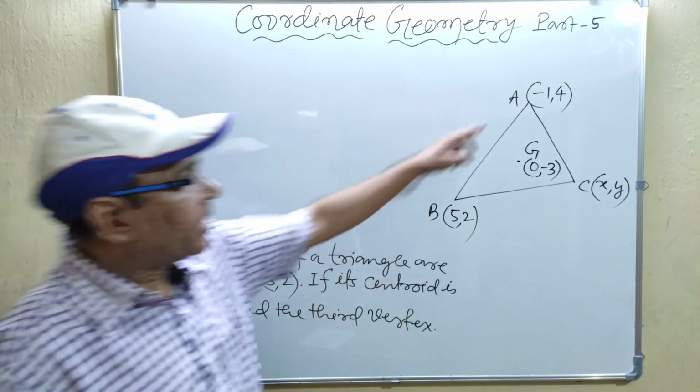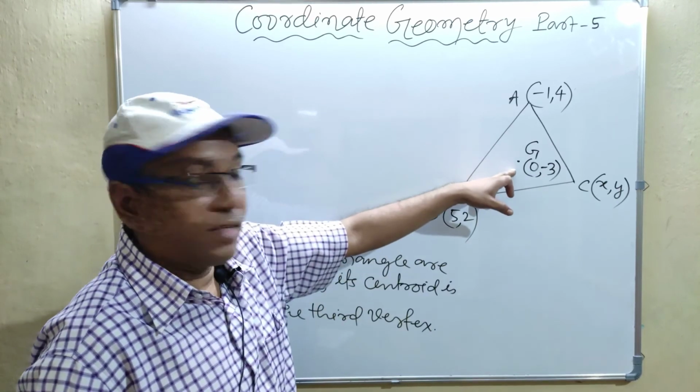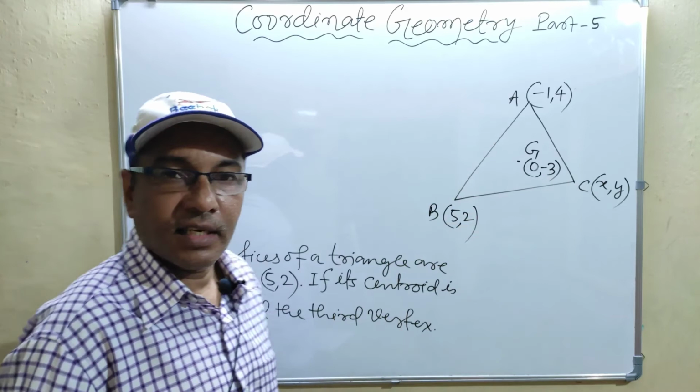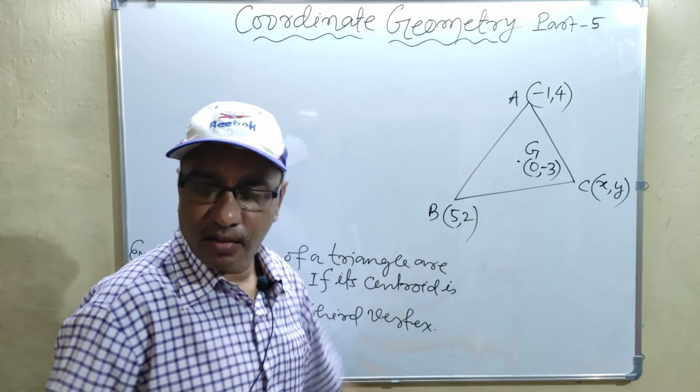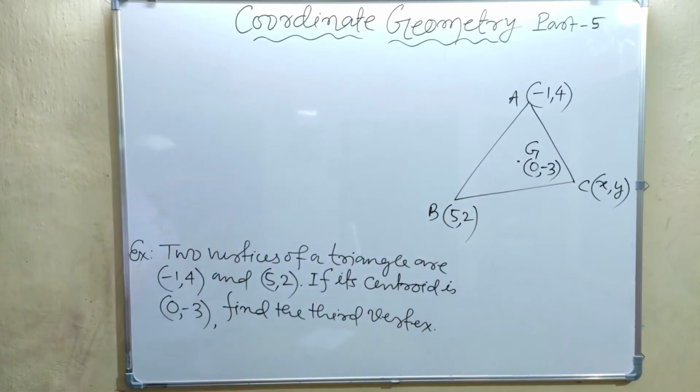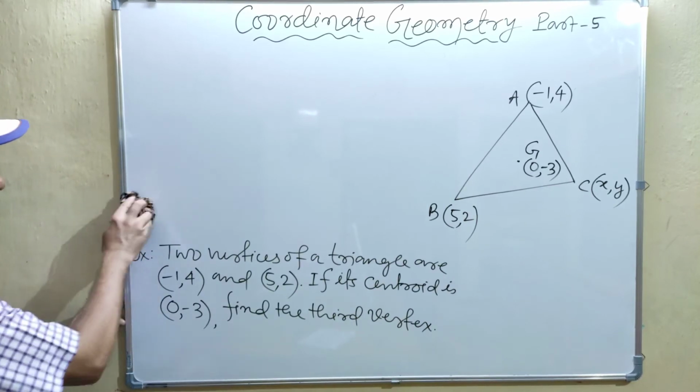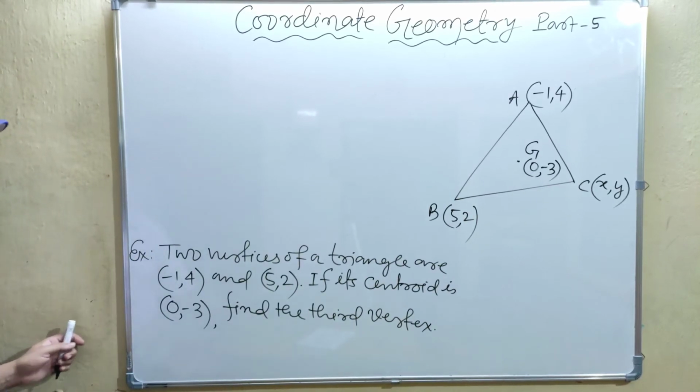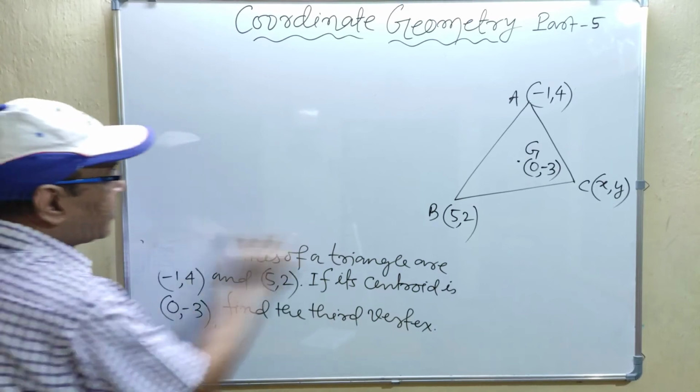ट्रायंगल का 2 वर्टिसेस दिया हुआ है और सेंट्रॉइड दिया हुआ है. आपको थर्ड वर्टिसेस निकालना है. तीनों वर्टिस दिया रहता तो सेंट्रॉइड निकालने का तो फार्मूला आप पढ़े, उसी फार्मूला से सेंट्रॉइड दिया हुआ है, थर्ड वर्टिक्स निकालना है. ओके, सो लेट अस रफ इट नाउ.